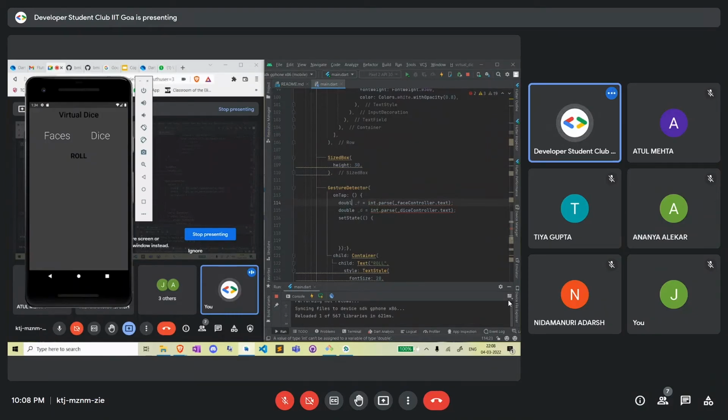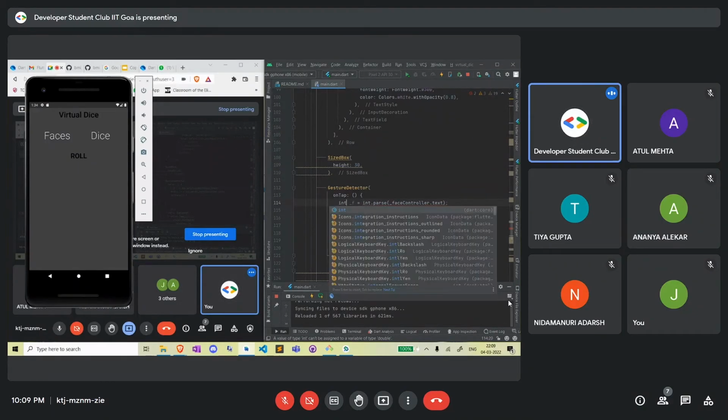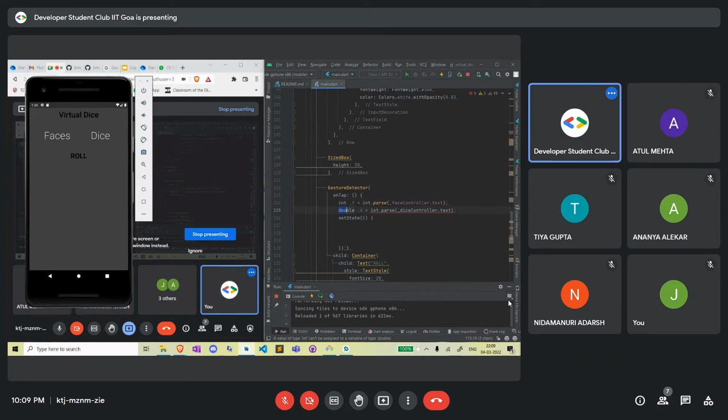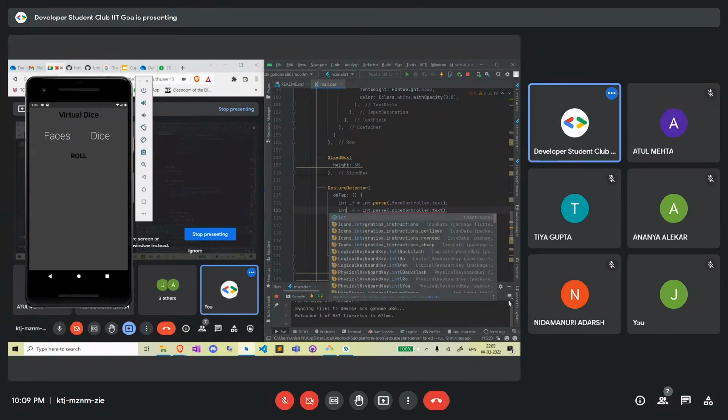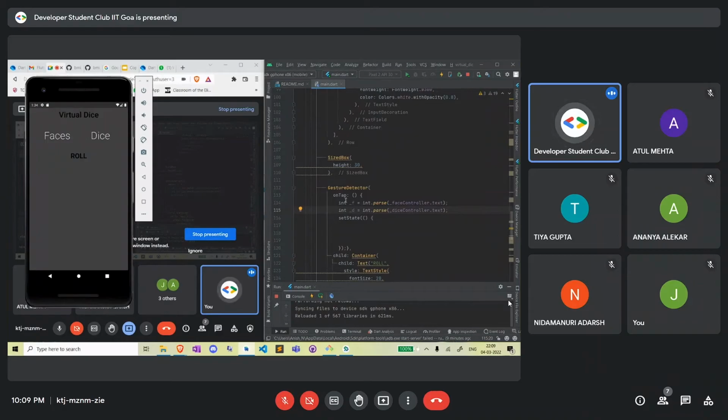अच्छा ये डबल है इसलिए सॉरी, इंट है पर. So now we are storing the integers for faces and number of dice. So suppose कि मैंने एक डाइस के लिए रोल कर रहा हूँ, तो मुझे सिर्फ एक ही डाइस का आउटपुट मुझे दिखाना है ना. तो वो कैसे दिखाऊंगा कि